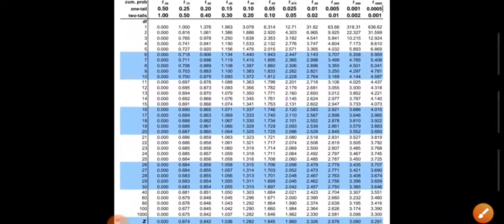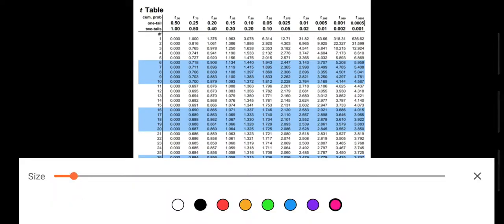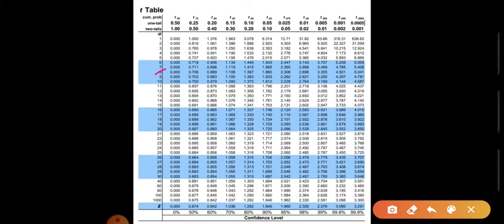Okay. So in here, our alpha is 10% and n is equal to 9. So on our table, if n is 9, you're gonna look for 8, and then this one, 0.10. Its point of intersection is 1.860. Okay, so if our alpha is 0.10, its confidence level is